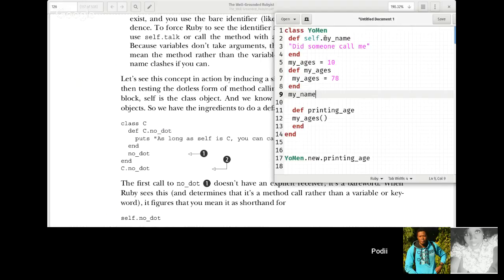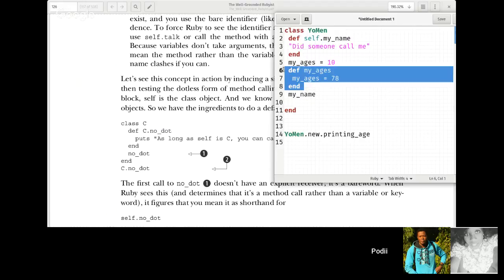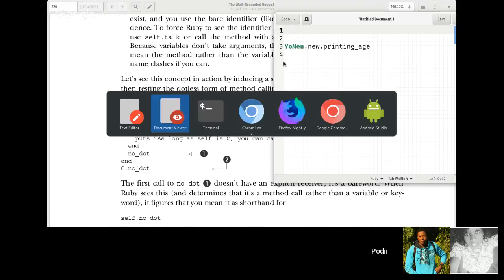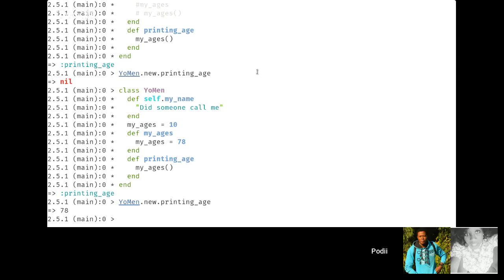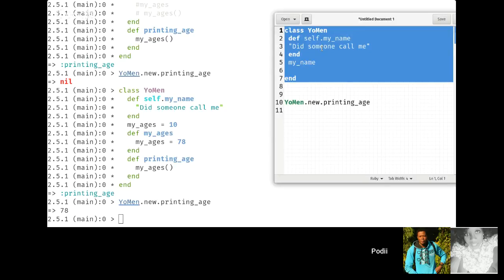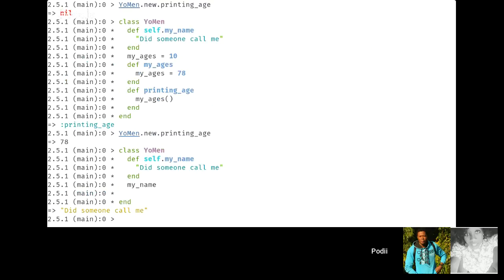But again, for us to call my_name, okay, let me remove this and this. It has to be a class method. If we try this,